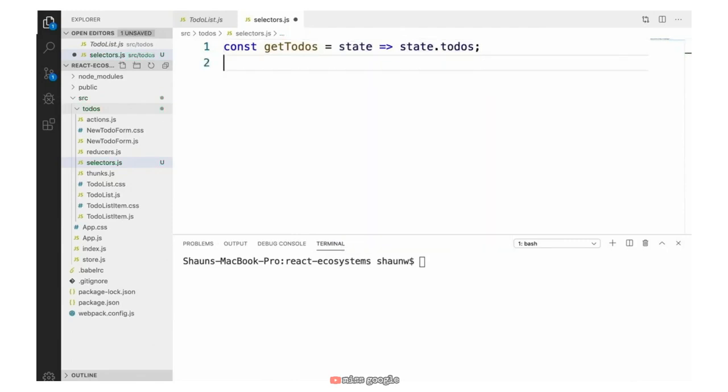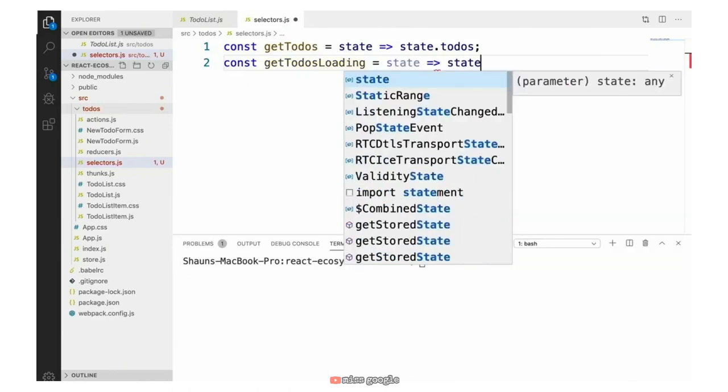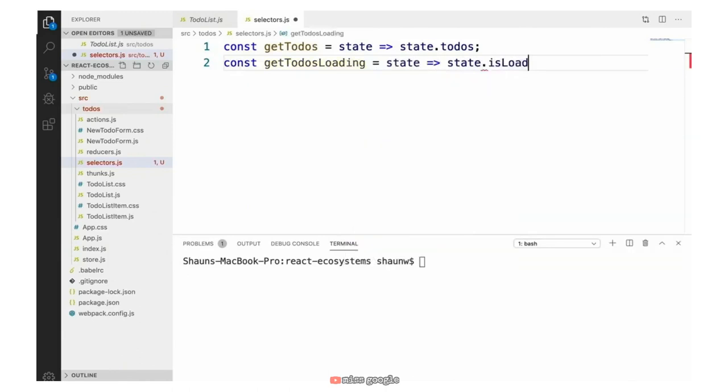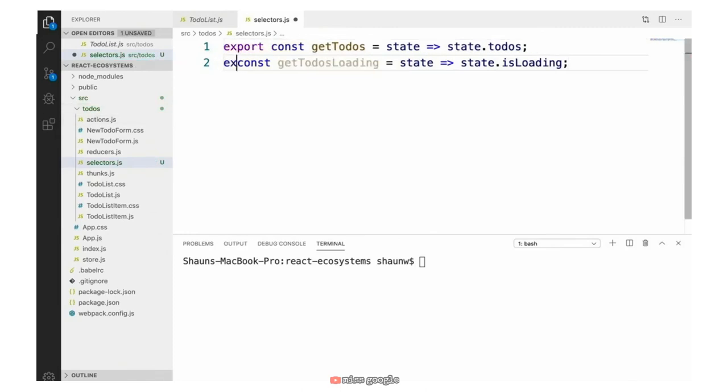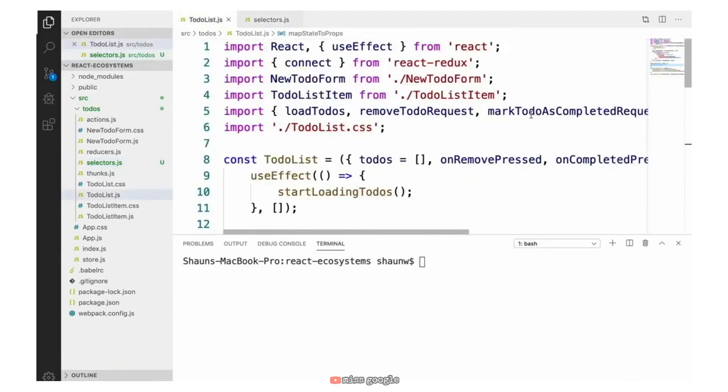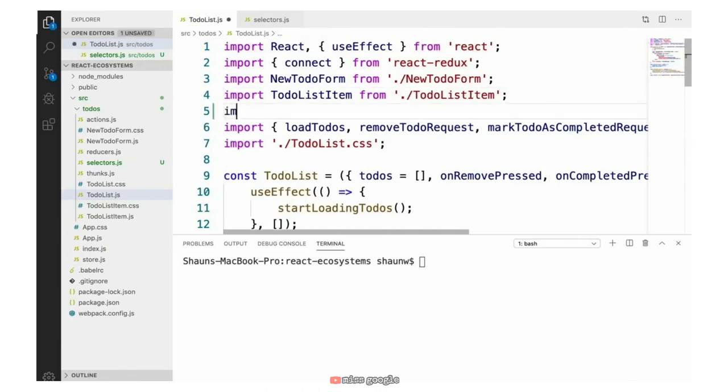And likewise, we're going to do the same thing with isLoading. We'll say const getTodosLoading state, and we'll say state.isLoading. And then we'll export these two selectors so that we can use them elsewhere. So the next thing we're going to do is bring these selectors into our TodoList component. So let's open up our TodoList component again. And up at the top, we're going to import the selectors we just created. So we'll say import getTodos and getTodosLoading